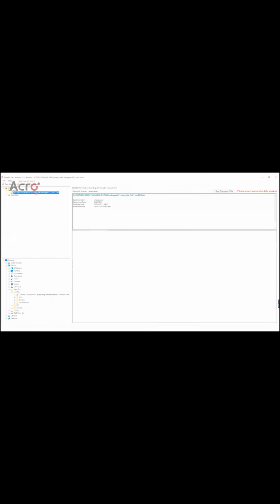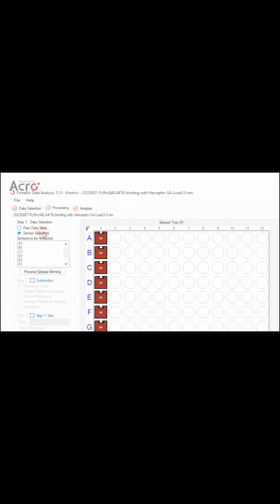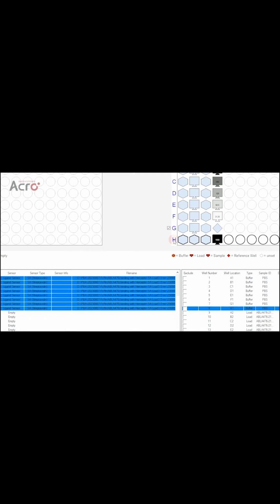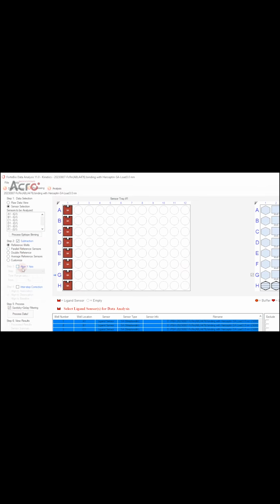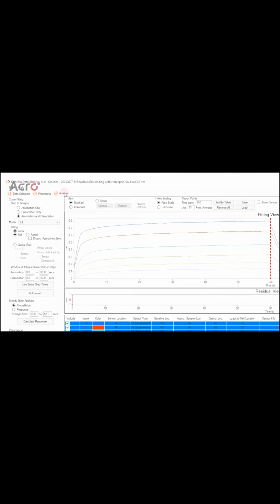There's a folder here. Double-click on this. A new page will open. Go to Processing here. In the Processing tab, you will see the raw data, subtracting one of the columns with 0 concentration. Then, align the y-axis to make the baseline. Set up the time range from 55 seconds to 59 seconds. Now, go for the process data. In the analysis part, we have 6 data points. To calculate the rate constants,